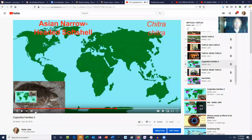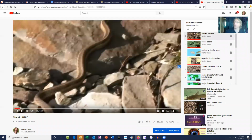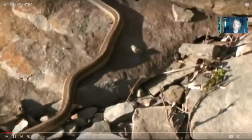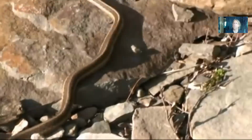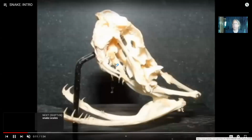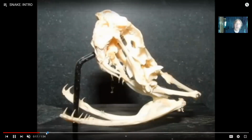There are no crocodilians which live in our area. Lizards are rare, although technically one or two species of lizard can be found in our area. And so then apart from turtles in the Northeast United States, the major reptiles which would be found would be snakes. Snakes have a lot of modifications, such as modifications of the skull and jaws so that they can engulf objects larger than their